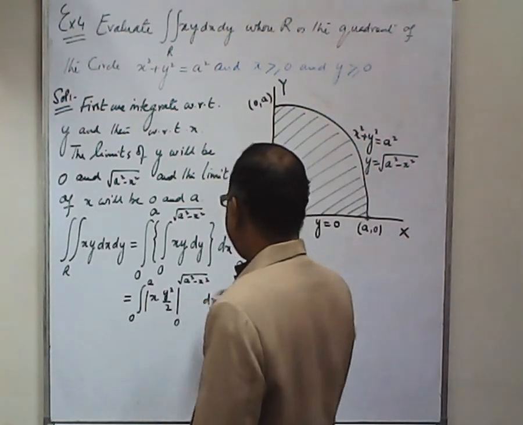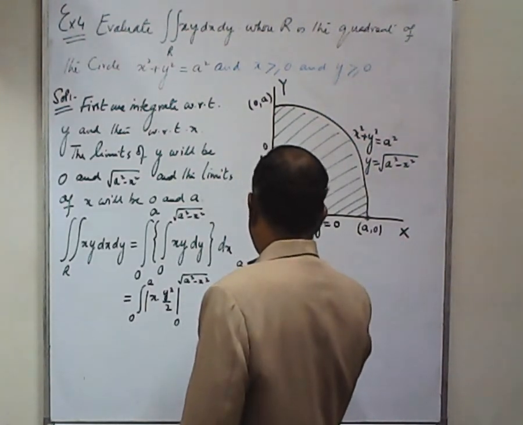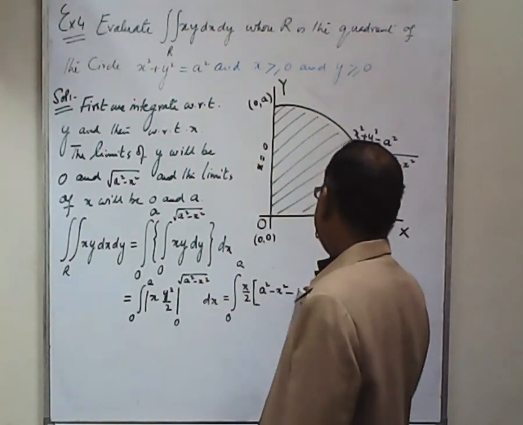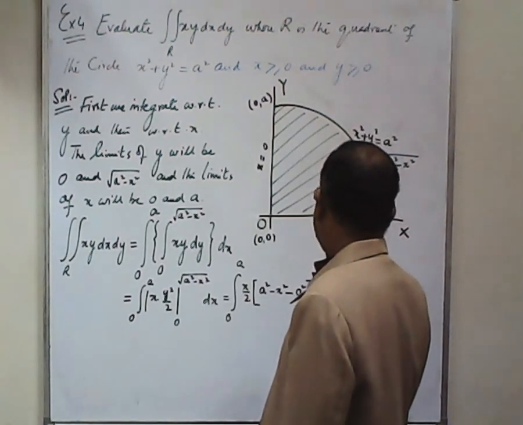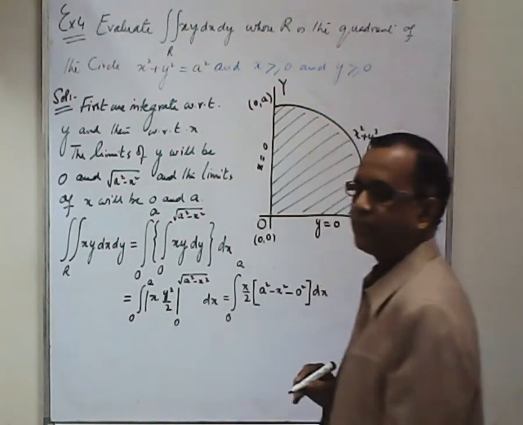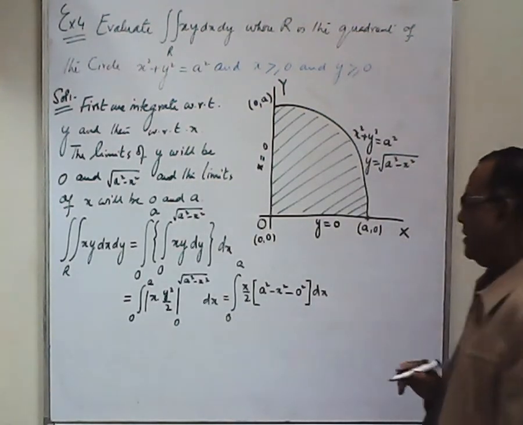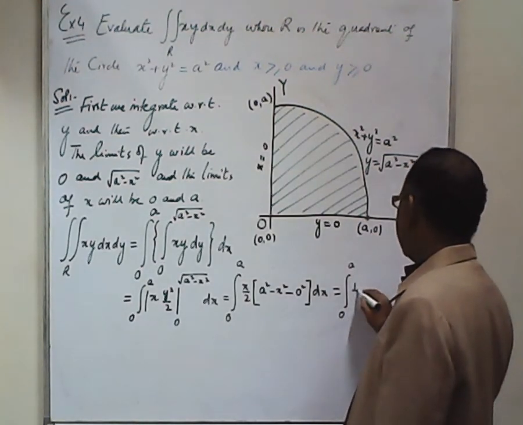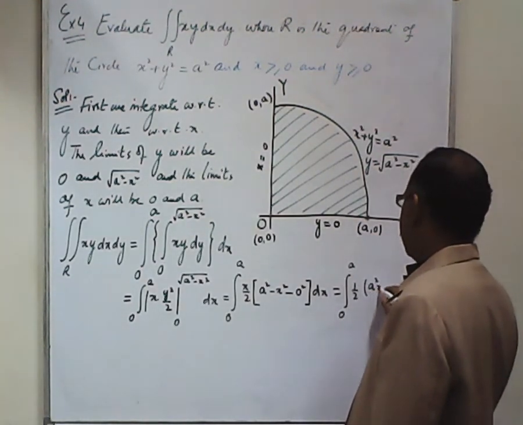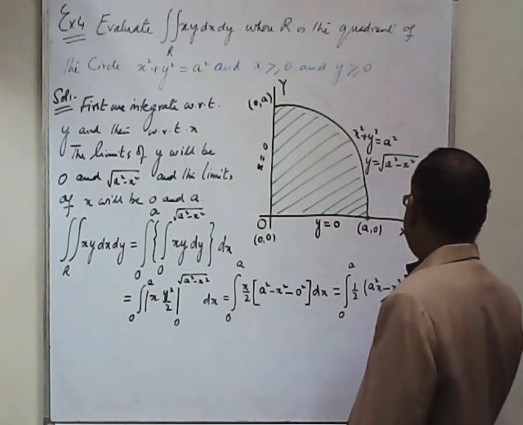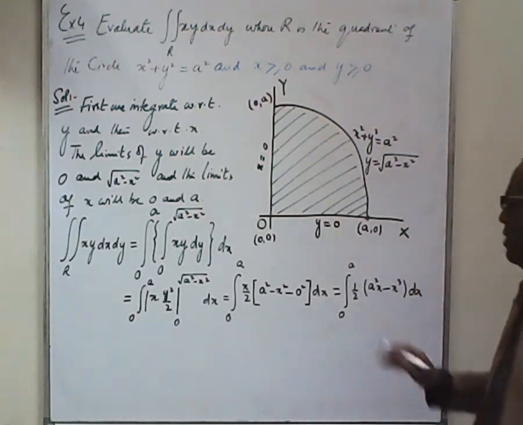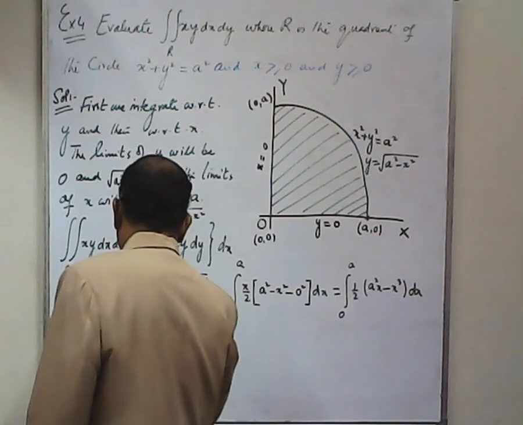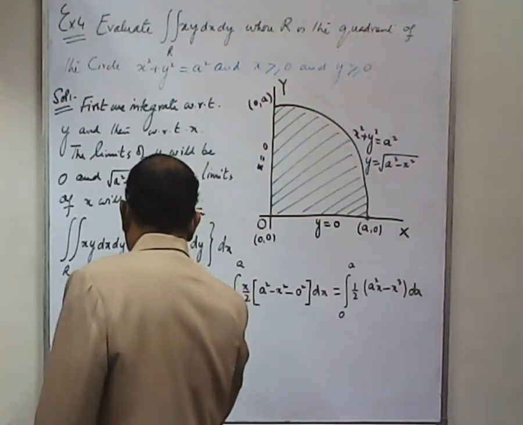So now if I substitute the values, this is 0 to a, so this is x by 2. On substituting the upper limit, this will be a square minus x square because the root cancels with the square, and then 0 square, and this is dx. So it means we can easily write that 0 to a, 1 by 2, a square x minus x cube dx. So now we will integrate this term, and if we integrate, this is half, and then we have a